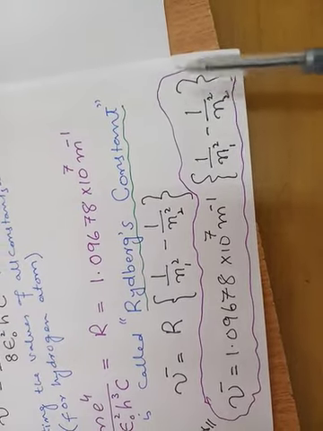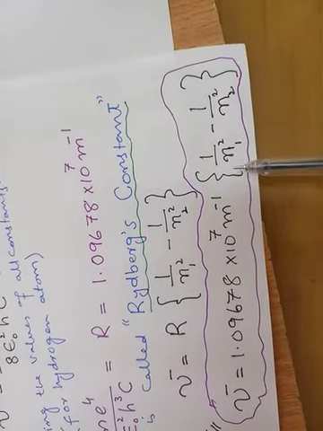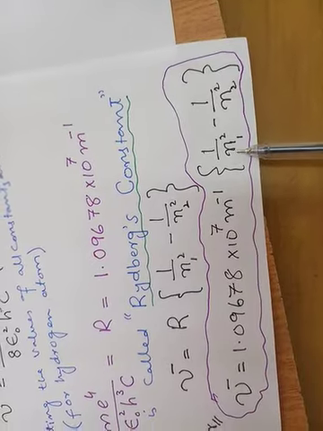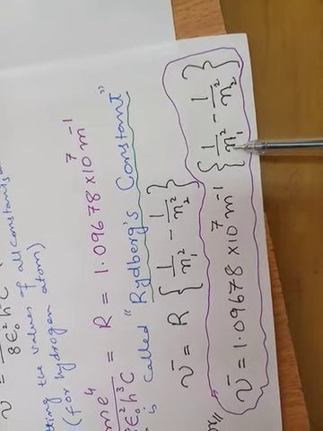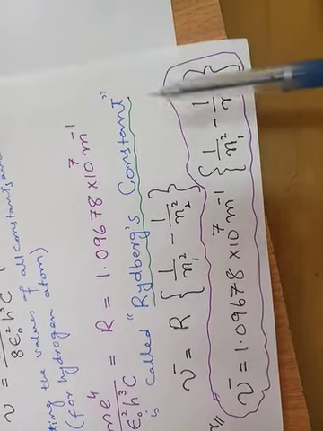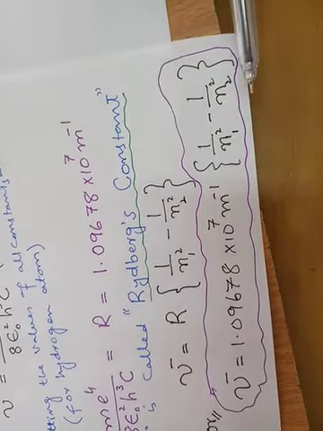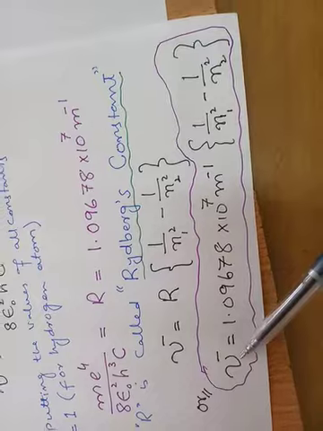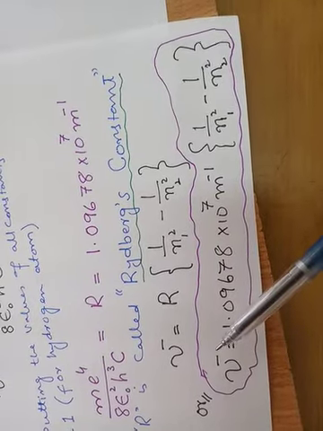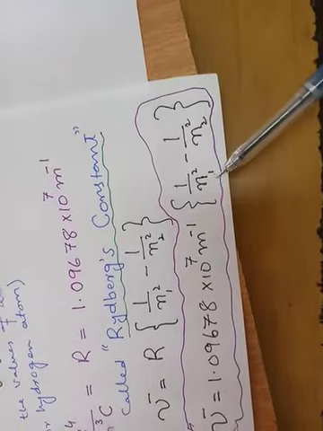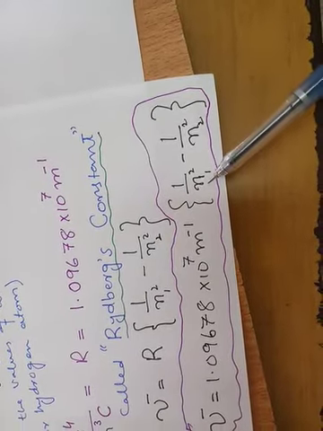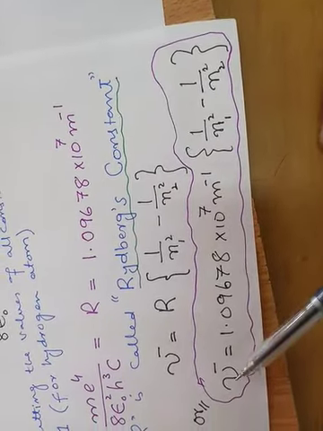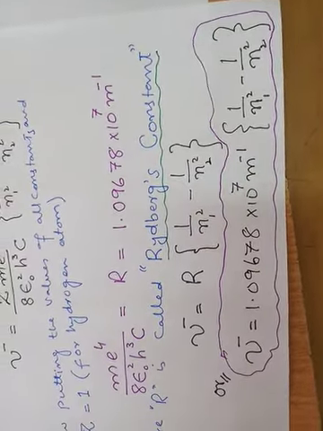If we are given the low energy state and high energy state, for example, an electron is in n is equal to 2, that is the second shell, and it jumps to n is equal to 4, and when it comes back it emits some light, what will be the wave number of that light? For that purpose, while dealing with such numericals, you just have to put the values of low energy state and high energy state, take the LCM, and multiply the result with this term. You will get the wave number for that numerical.